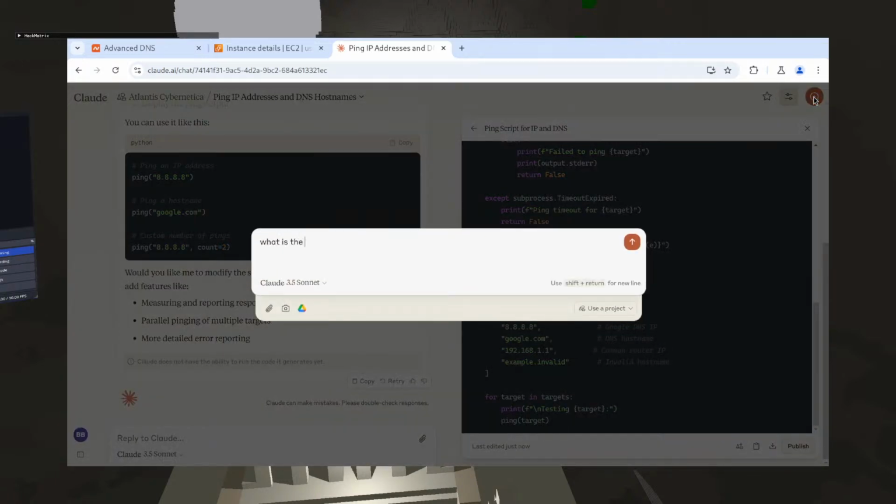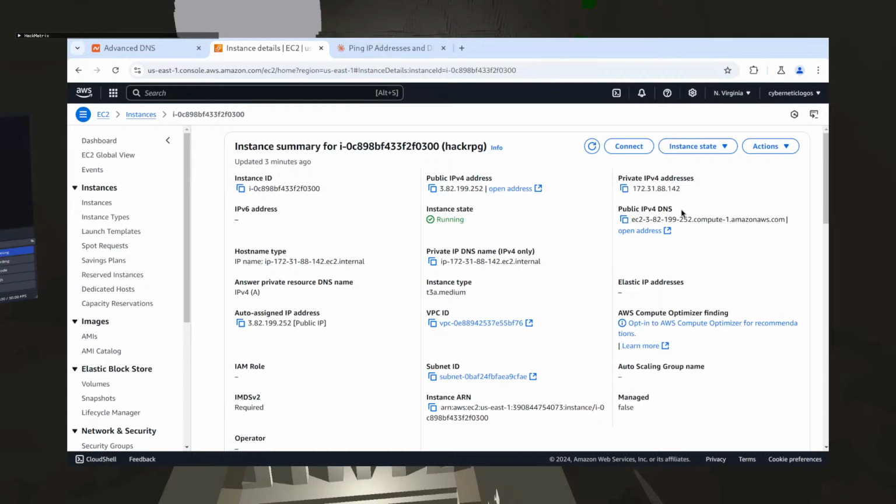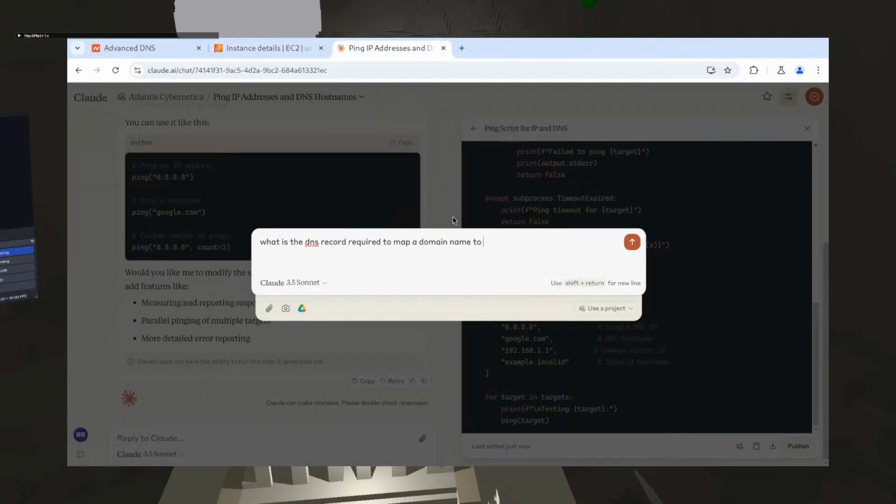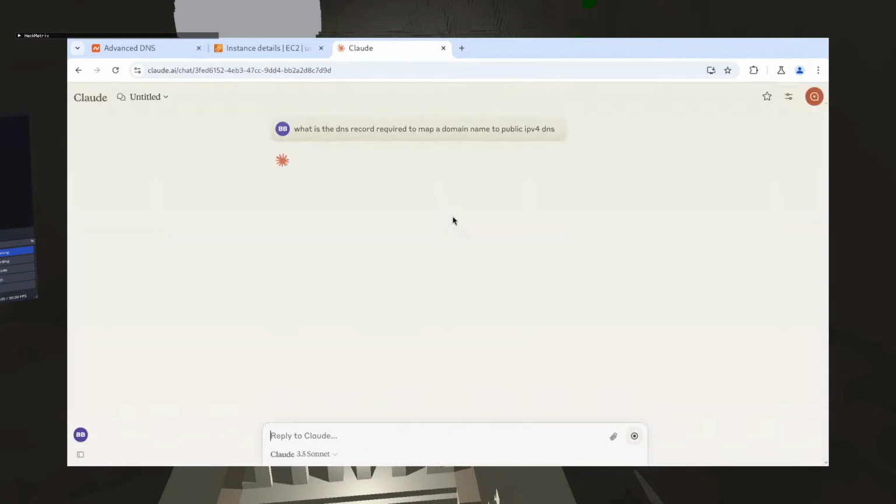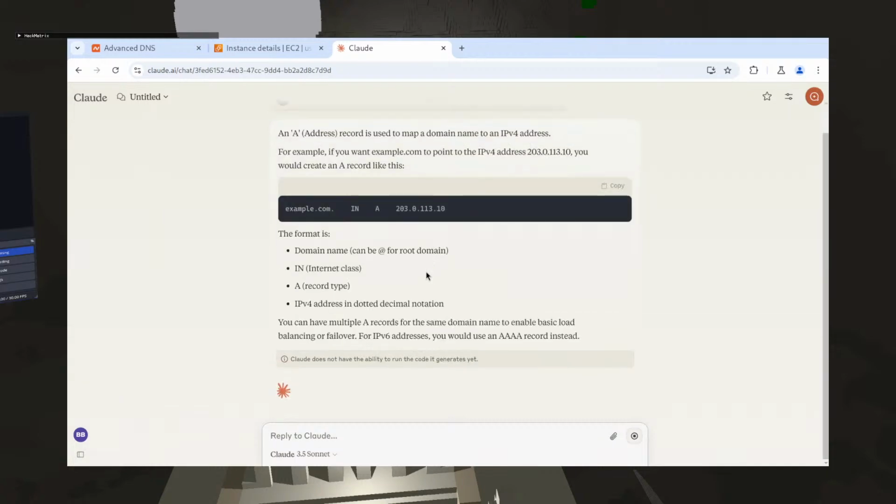What is the DNS record required to map a domain name to an A record? No, I don't.